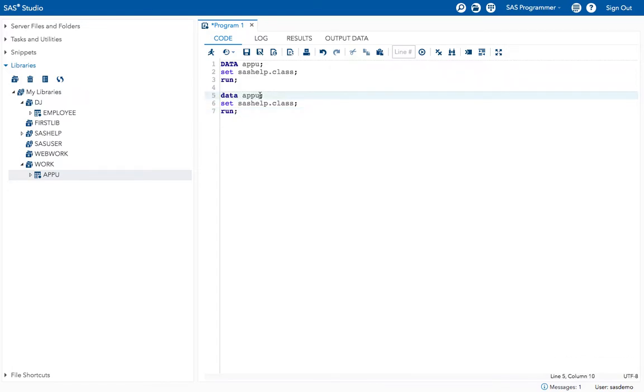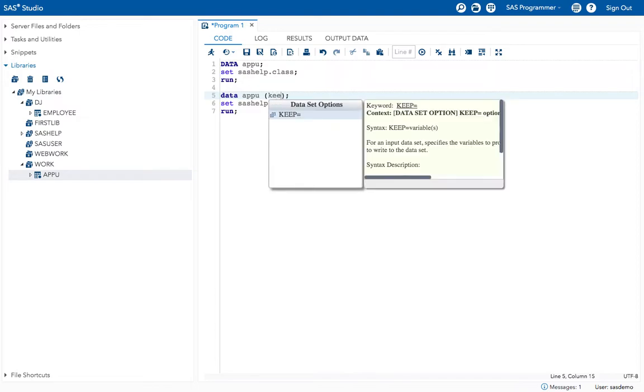In the data statement we give the option in parentheses. Parentheses means nothing but brackets. In the parentheses we will give the option. So now I am giving the keep option. Keep equal to,